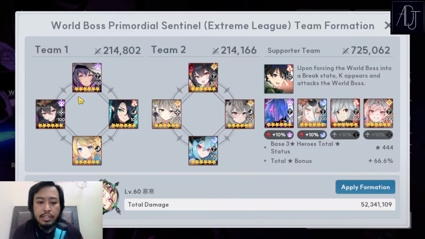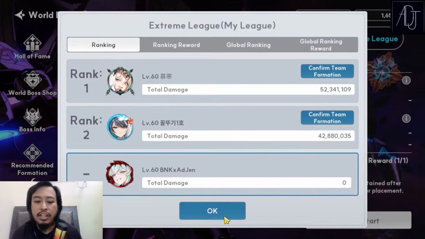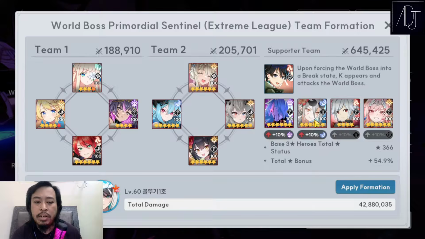And the idea here is that I believe this one is for pushing the boss priority and dual attacks. And here, I don't know. I have no idea. But the other formation is probably the same. Yeah, it's the same. So they have Siren here, G-Bet, and